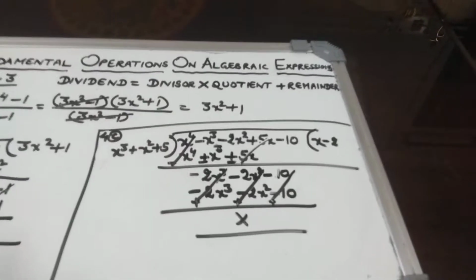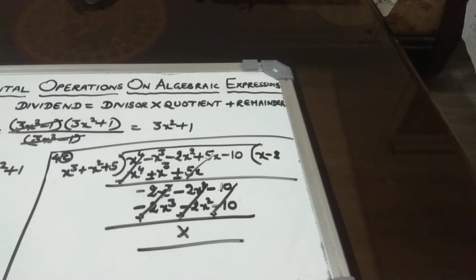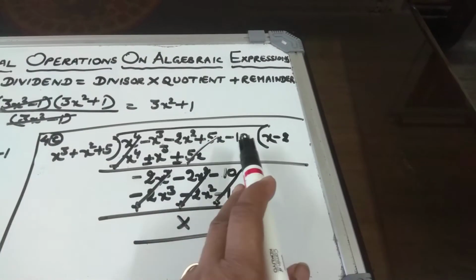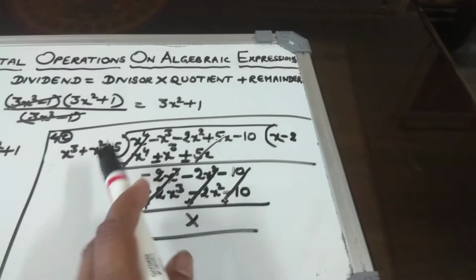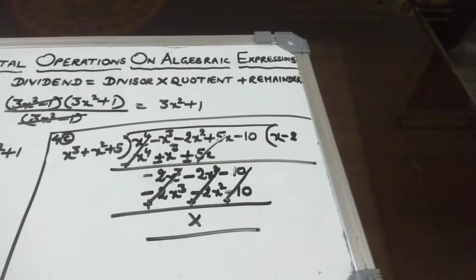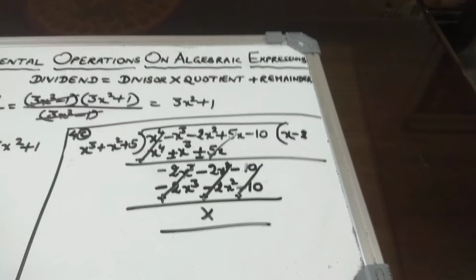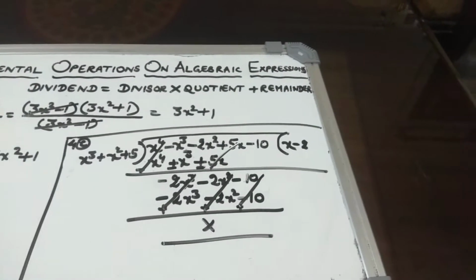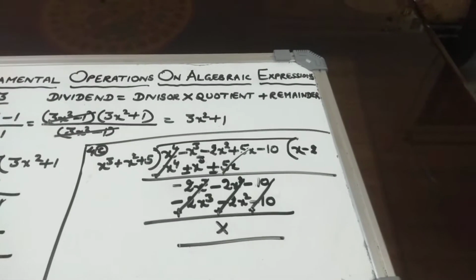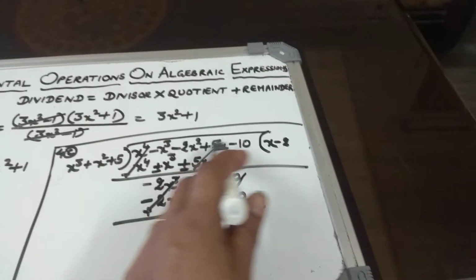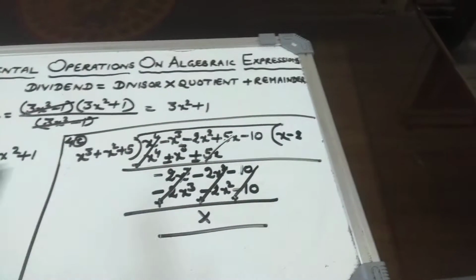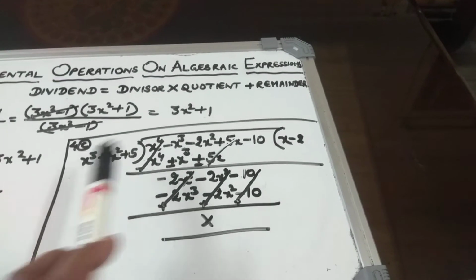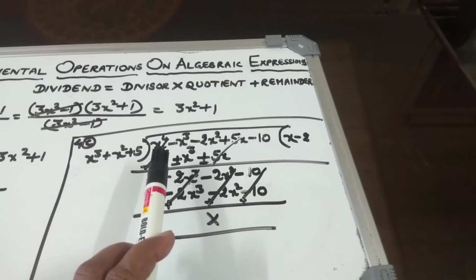Now we'll do another question, that is for C part. Now in this question you have 5 terms in the dividend and 3 terms in the divisor. Now we cannot factorize because you don't know how to factorize to the power 4 and to the power 3 just now in class 8. So you will have to write all of them in descending power of x, here also, here also. Now x cube is first term, x to the power 4 is first term.